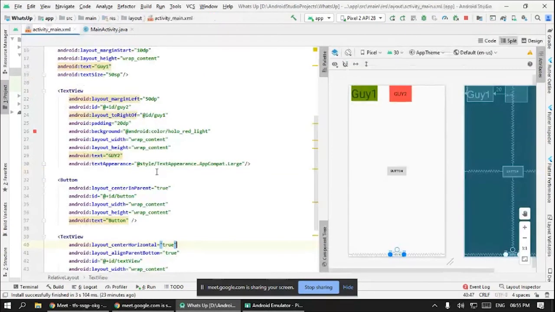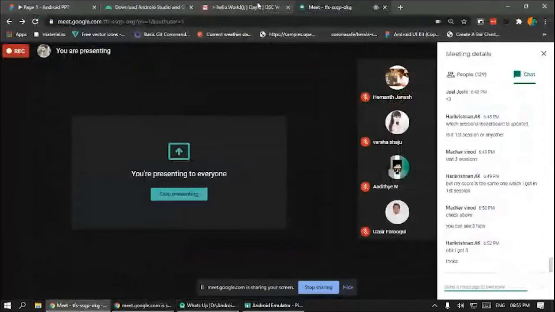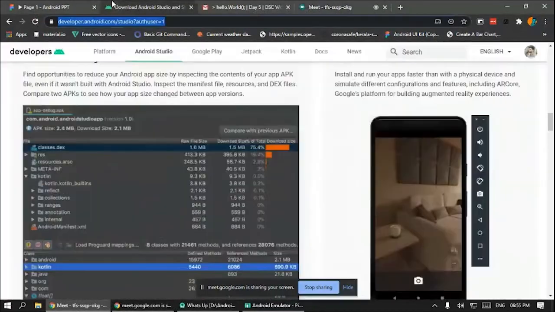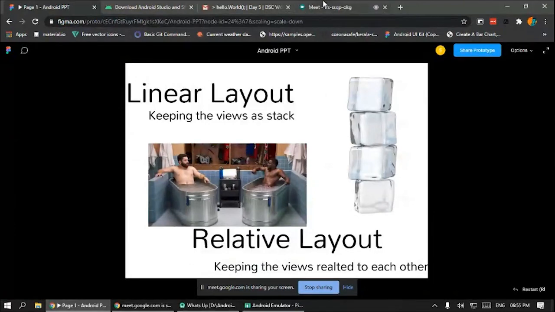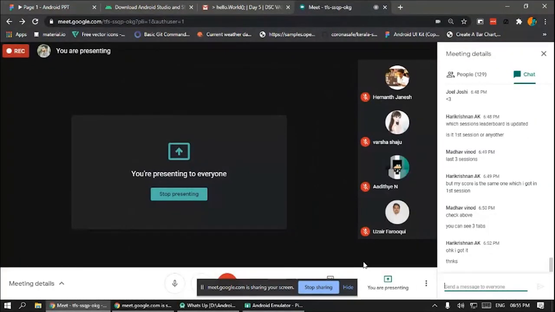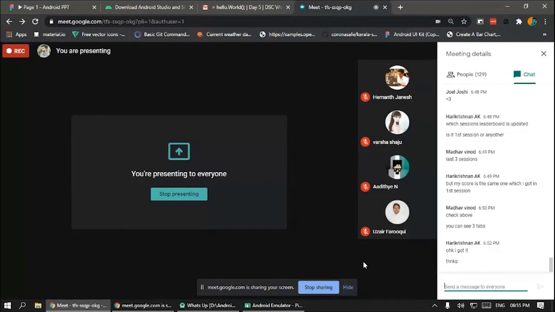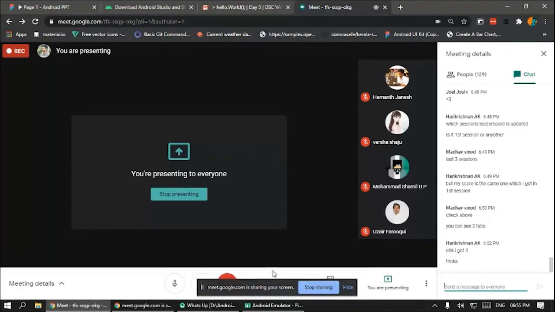This is how the basics of Android work. We design the UI in XML and define the functionality in Java. Many of you asked in that Figma session, can we make this a completely functional app? Can we just design in Figma and make it a complete functional app? For that, you have to design in Figma, replicate the same design in XML, and write the functionalities in Java. Understood?